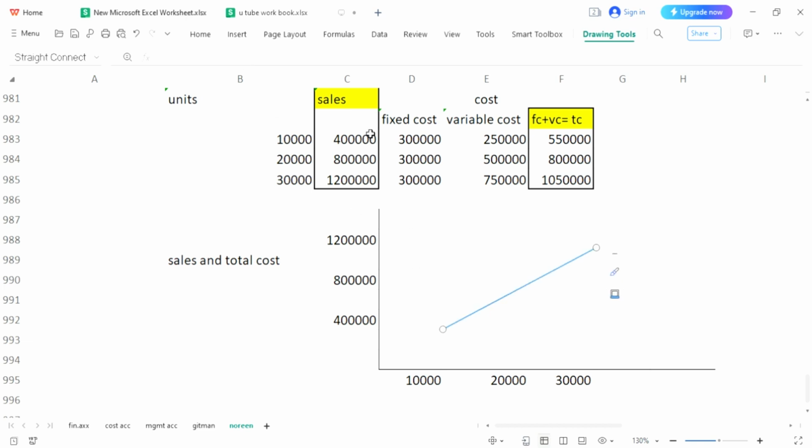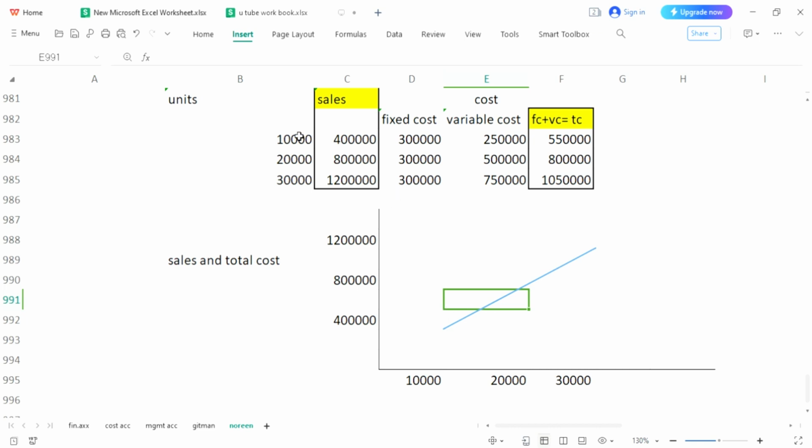You can see that we will now follow the cost. For 10,000 units, your cost is 5,50,000. These are 10,000 units and 5,50,000 would be around here. We are going to insert the second line, that is for the cost. And you can see that what we have said, for 10,000 units, you have your total cost 5,50,000. These are 10,000 units and 5 lakh would be like this. And this cost